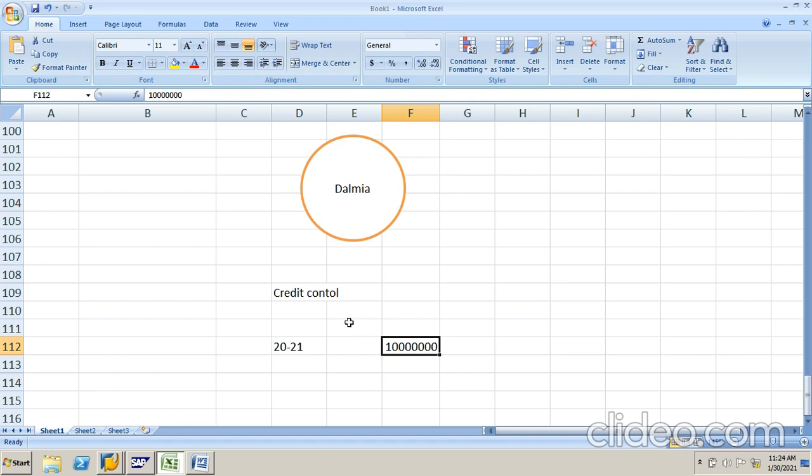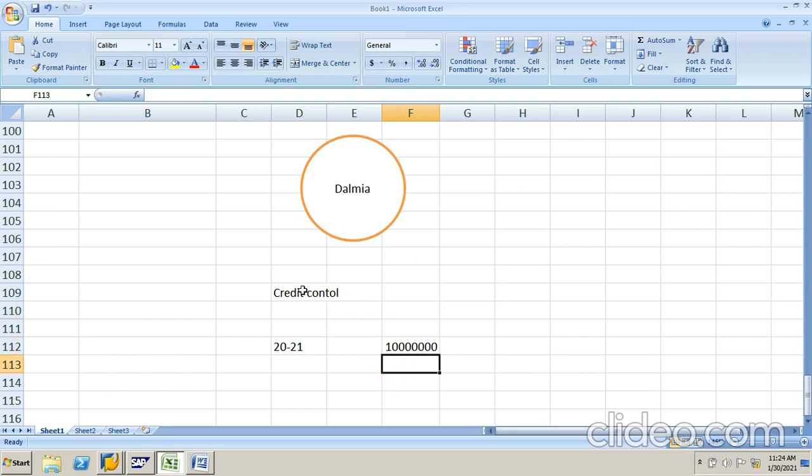So more than 1 crore, SAP will not accept to post the entry. So till 1 crore they can give credit, means on behalf of installment basis, like that. So they will not pay money now, they will pay later in future. In future they will pay. So this is a credit.